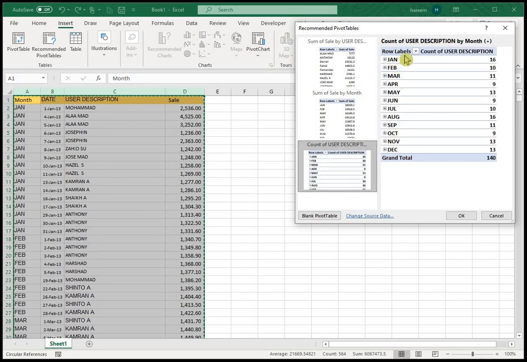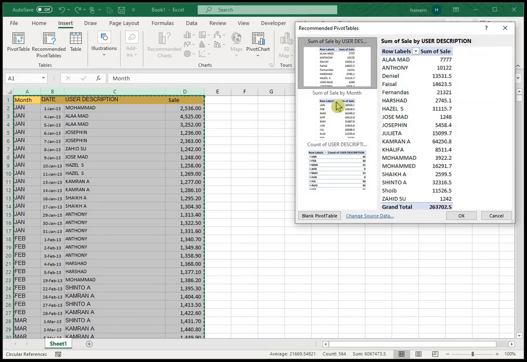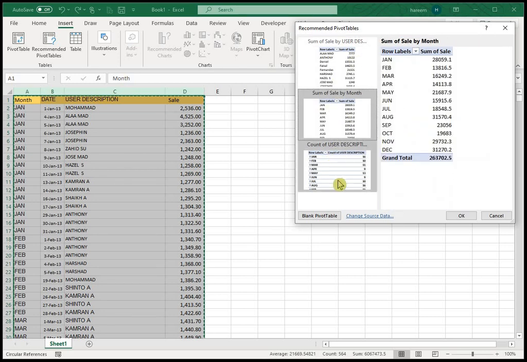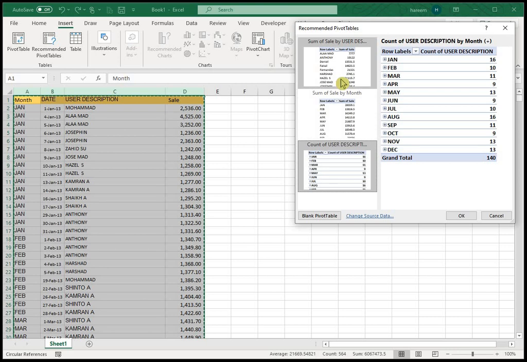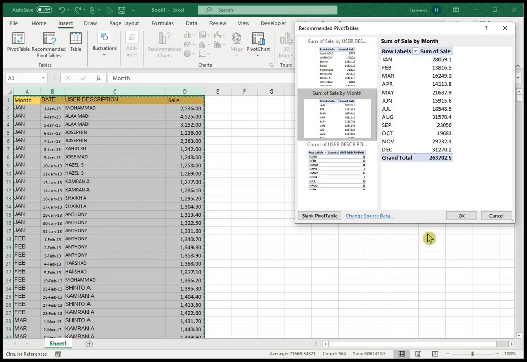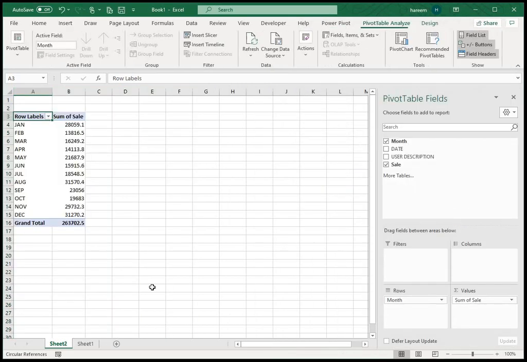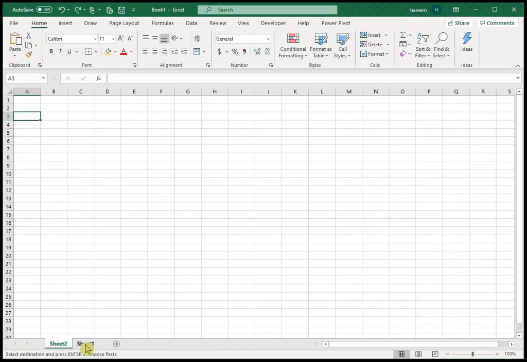Sale by month, user description, you can click here, you can see. So there are a lot of types of ready-made pivot tables you can get. When you click OK on the new sheet, you can see the pivot table designed. But that is not important to learn. What you have to learn